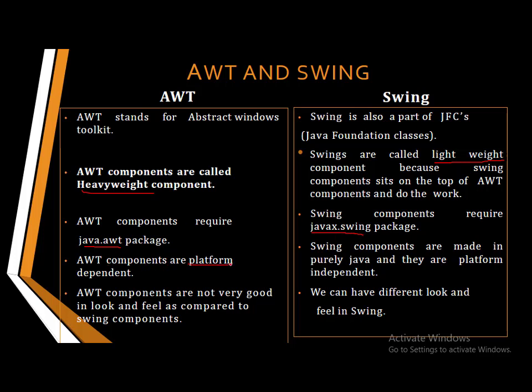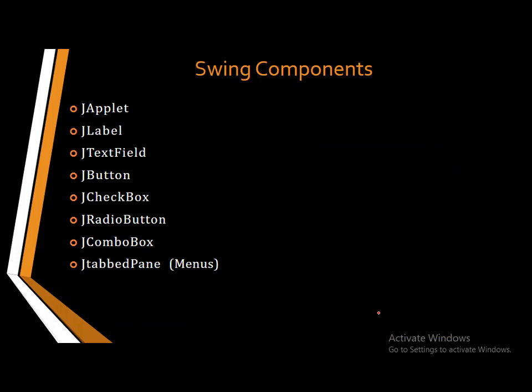AWT components are platform dependent, while Swing components are platform independent. AWT components are not very good in look and feel, while Swing components have different look and feel, better than the AWT component. Now we have JApplet, JLabel, JTextField and JButton, checkbox, radio button, JComboBox, JTabbedPane, JTree as our Swing components,